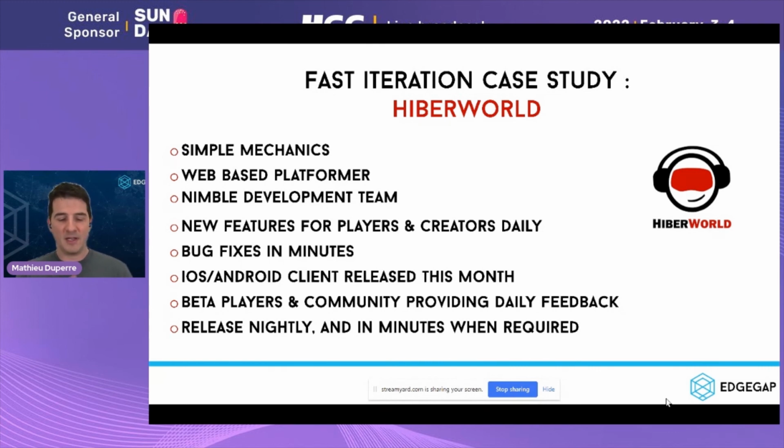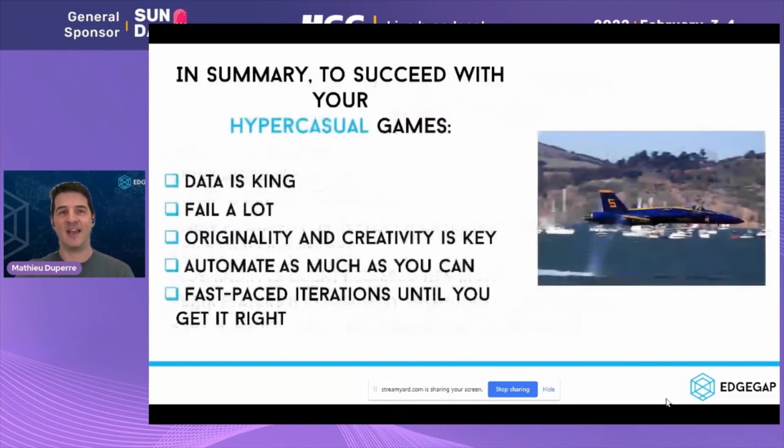Every day, players will have a new release, not just built within their development environment, but for the players, and they can also deploy fixes within minutes. They're going to release their iOS and Android client, actually starting to roll it out in the market today, so check it out. You may have seen a press release about it from Iberworld.